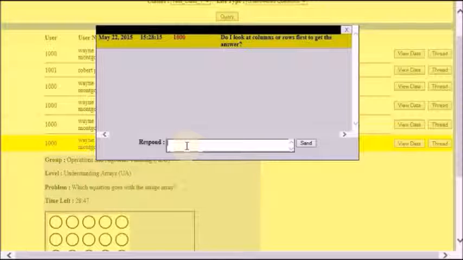So the teacher then decides, okay, I'm going to enter an answer, because if she's in a classroom situation, she could simply have a desk visit with a student and explain the answer. But in this case, she's going to actually respond through the answer capability here, and she's going to say